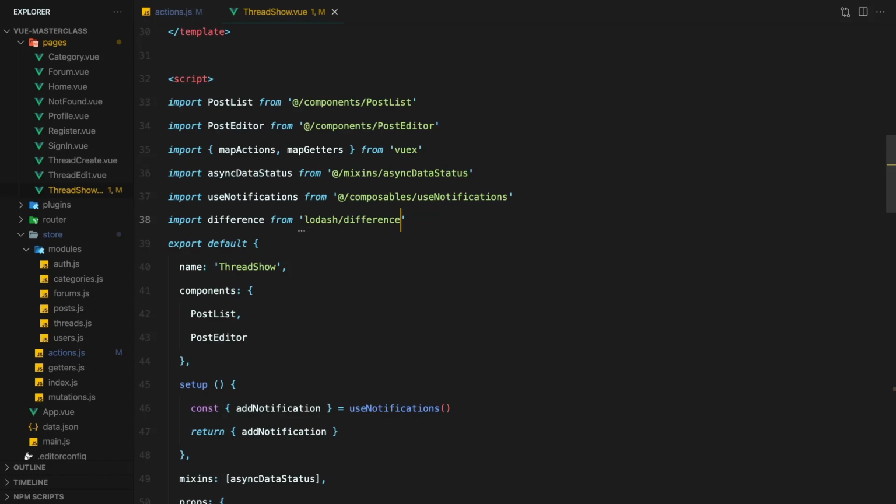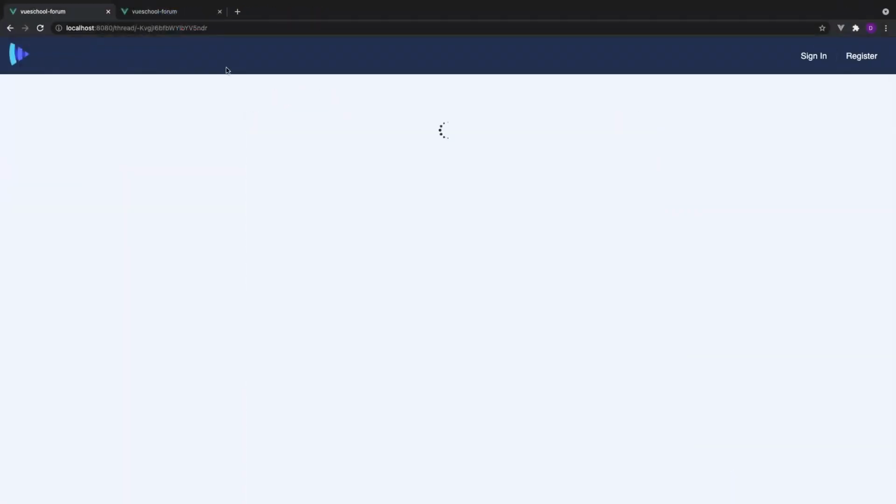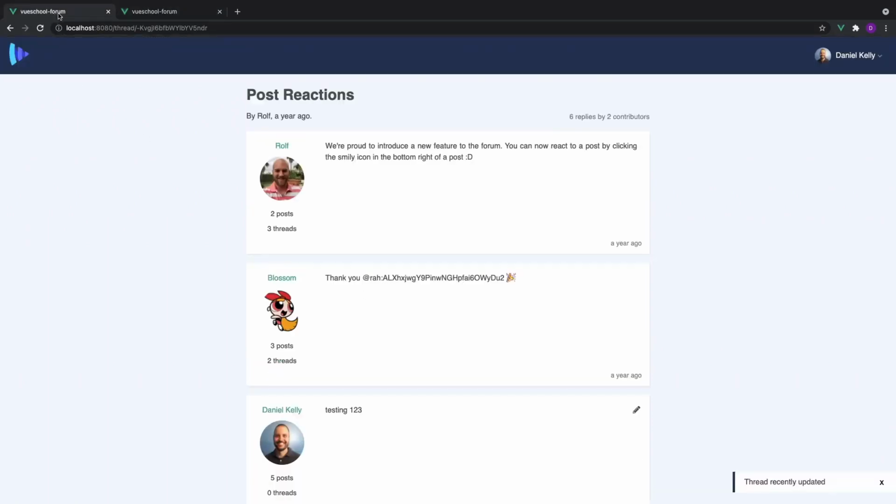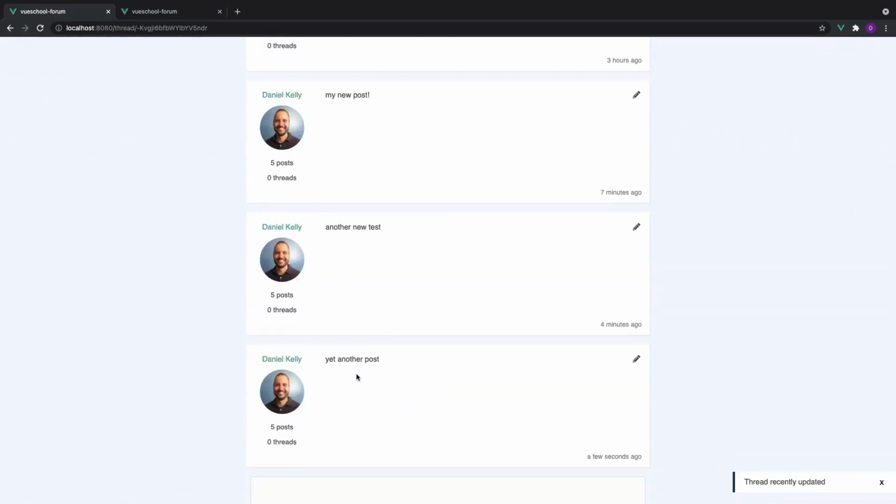Let's see what it looks like now. Great. This time we see the notification in the other browser tab, and we get the newly added post.